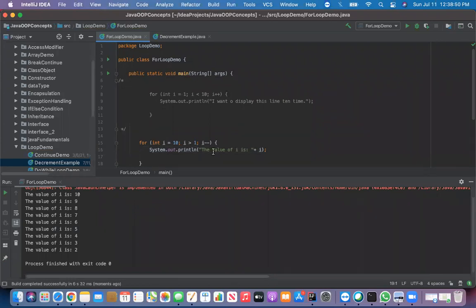So basically for decrement, you have to use the decrement symbol, this one, i minus minus, and for increment, you have to use i plus plus. But can we use plus plus here instead of minus? If you use plus plus, it will give 0 because your starting point will never meet the expectation, or okay, it will probably give 1 line. Let me check. So now if you give plus plus,